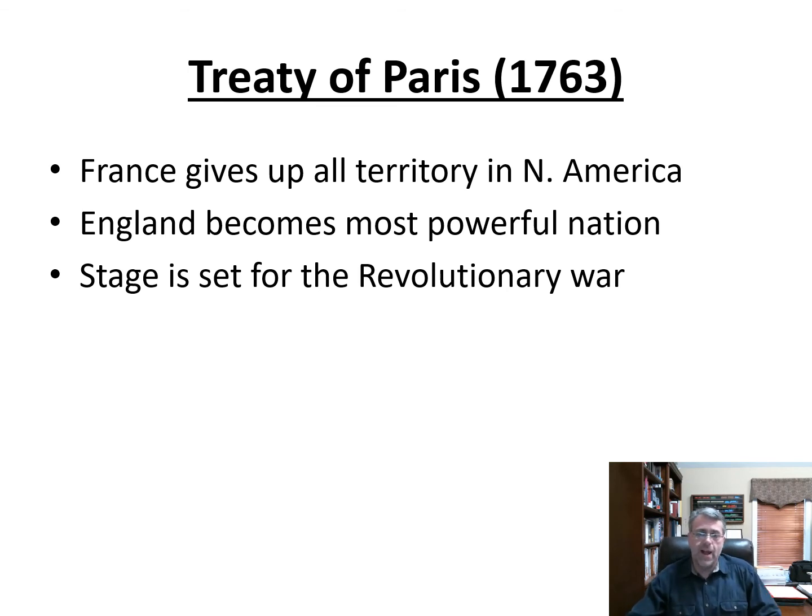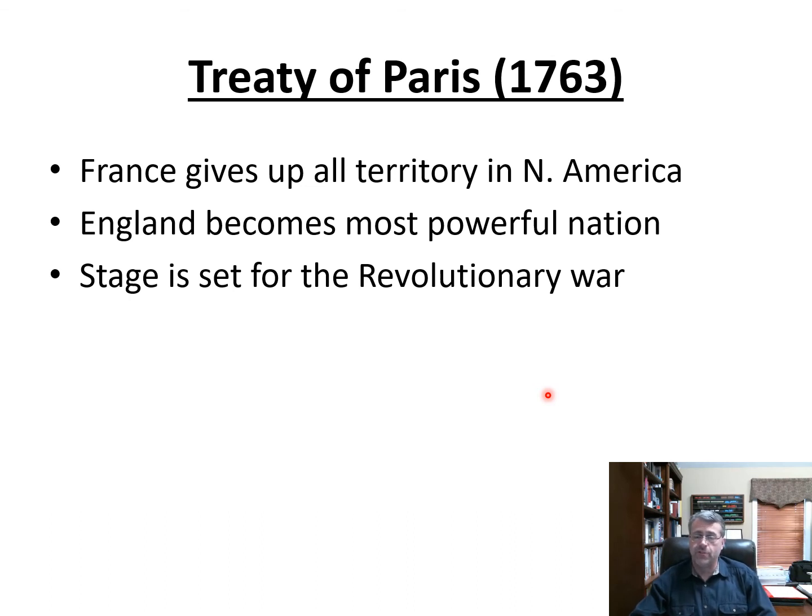England is in a situation now that, by virtue of becoming the most powerful nation in the world, they now have taken on an enormous responsibility. They now have to maintain effective control of this territory. They've got to pay the troops and the Navy. Those things are expensive. To maintain a large standing army and a Navy to control this territory is going to cost a fortune. In addition to that, as a result of all these wars, England now has a massive war debt. This cost them a lot of money.